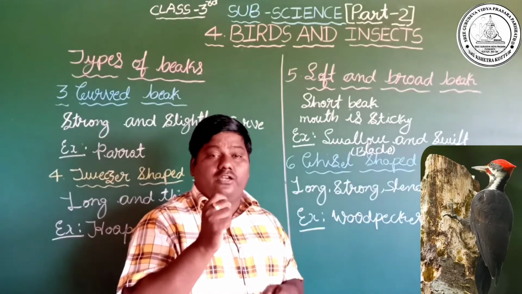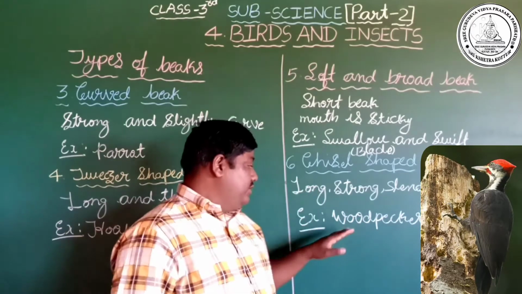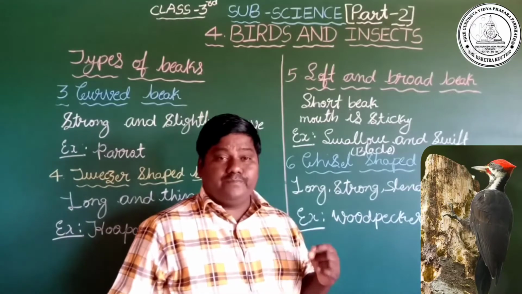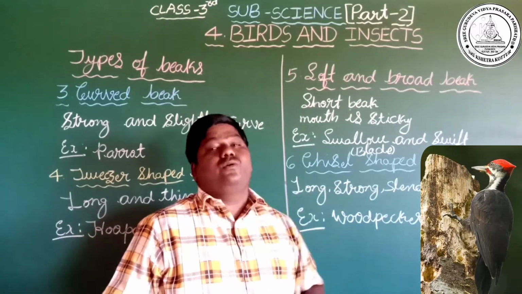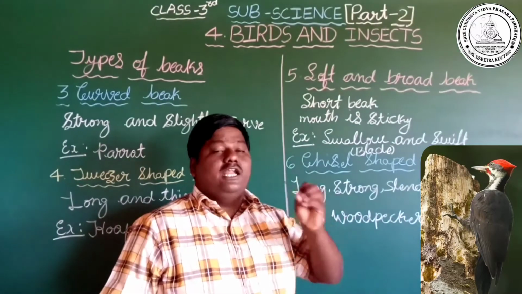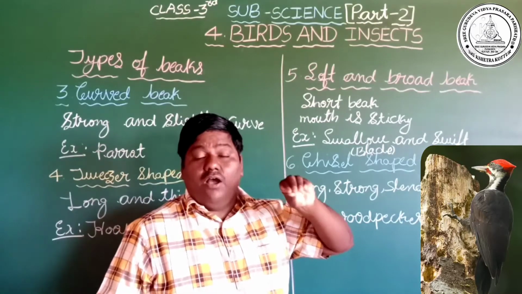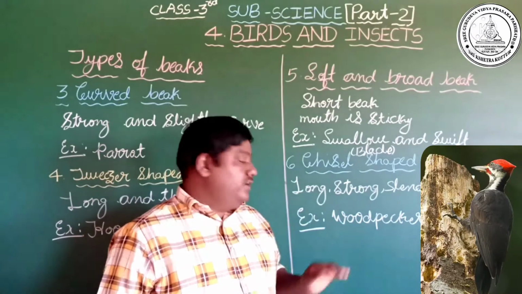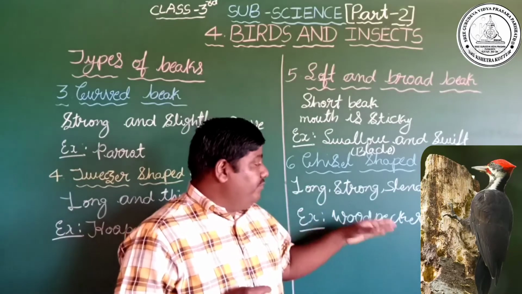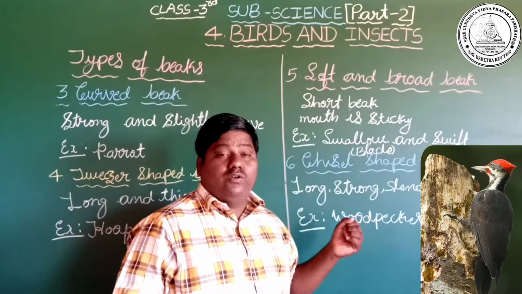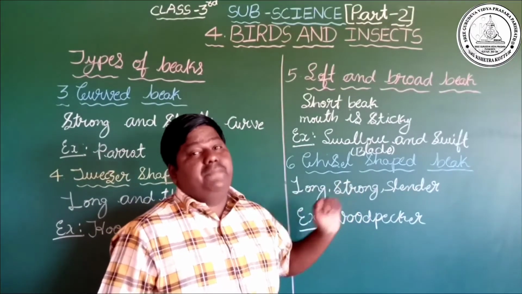See, when we take an axe, we cannot cut the tree properly, but here the woodpeckers make a hole with the help of their beak only, and they catch the insects present in the hole easily. They catch the insects from the bark of the tree because it has a very long beak.